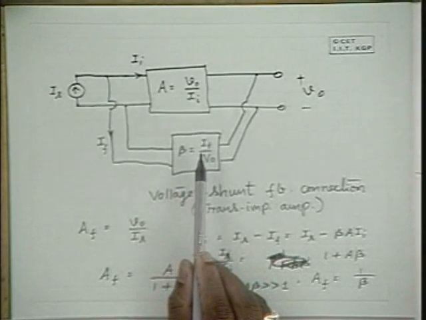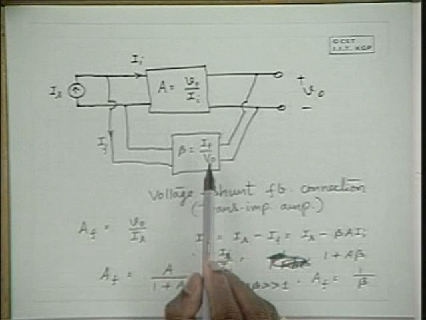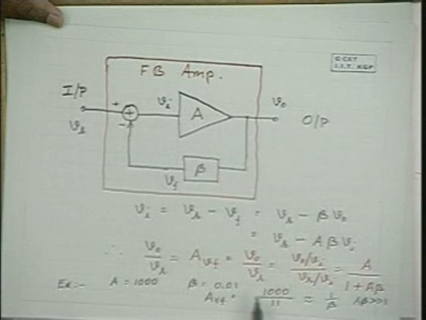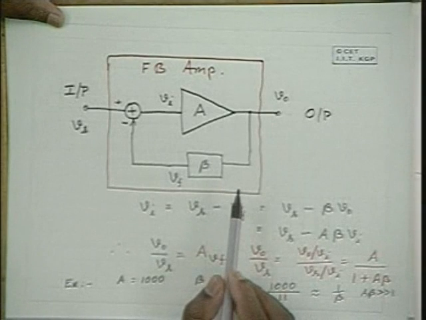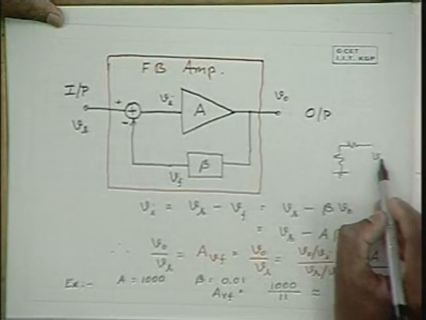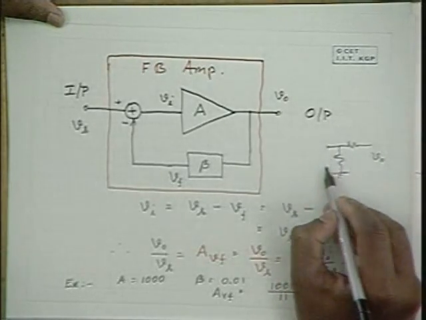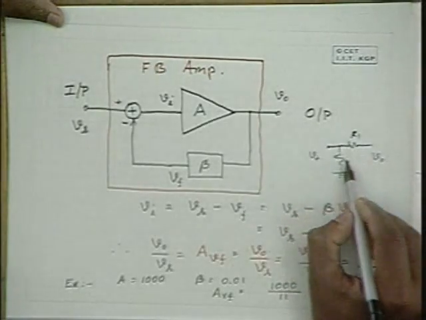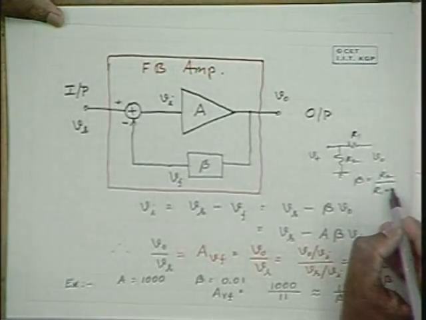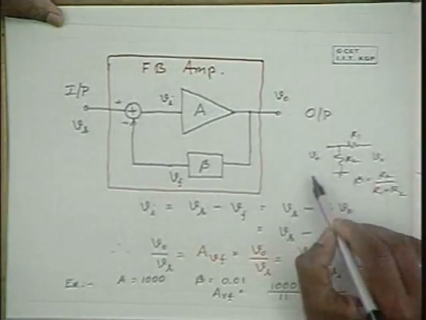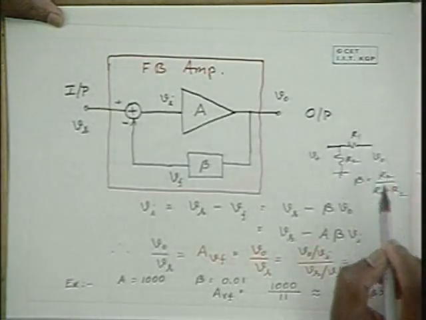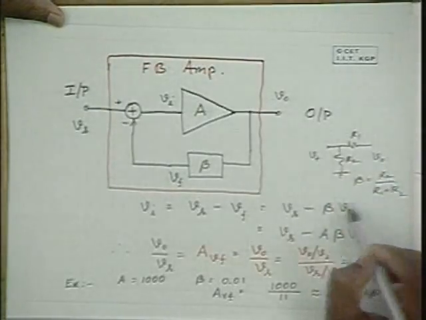Please note that the feedback network is usually a passive network, and in the example which I have given here, it is a ratio of 0.01. That means it is a voltage dividing ratio, which can be obtained with the help of two resistances. If this is the input applied here, and if this is the feedback output that is taken, please note that Vf to V0 ratio, that is beta, is equal to R2 by R1 plus R2. So this ratio can be obtained with the help of simple passive elements like resistances, and these are not active elements. Therefore, this network is a stable network,